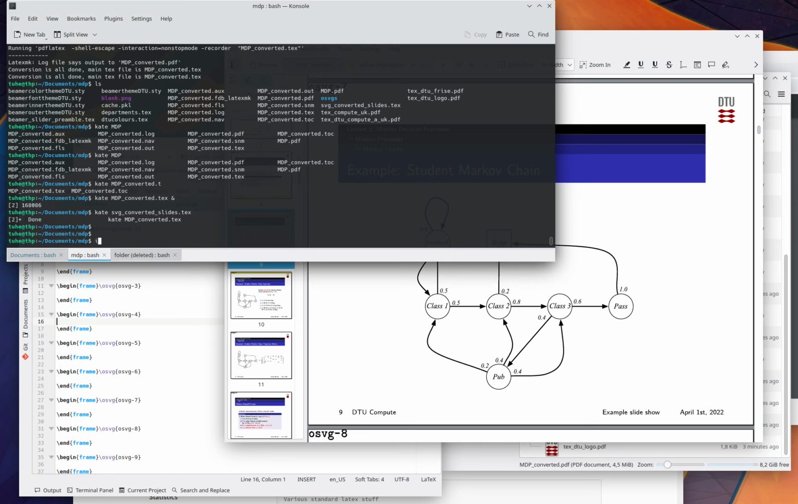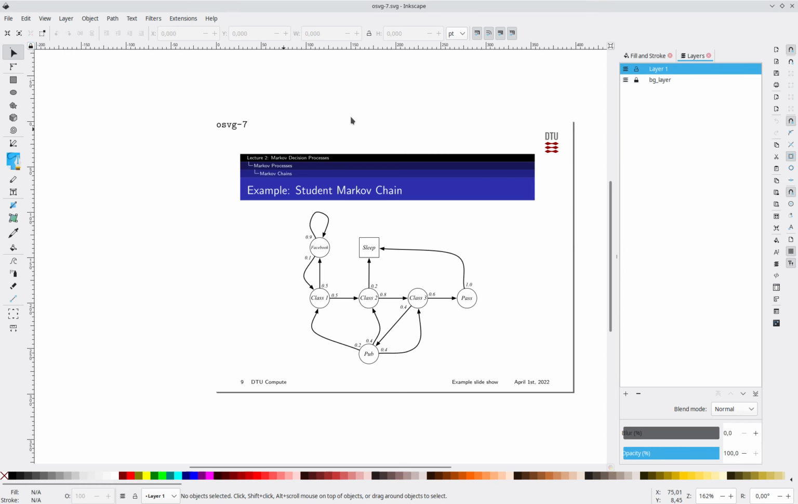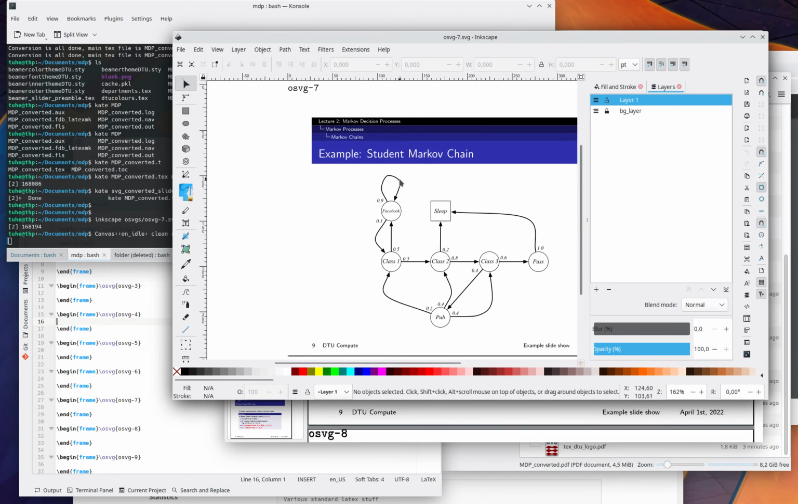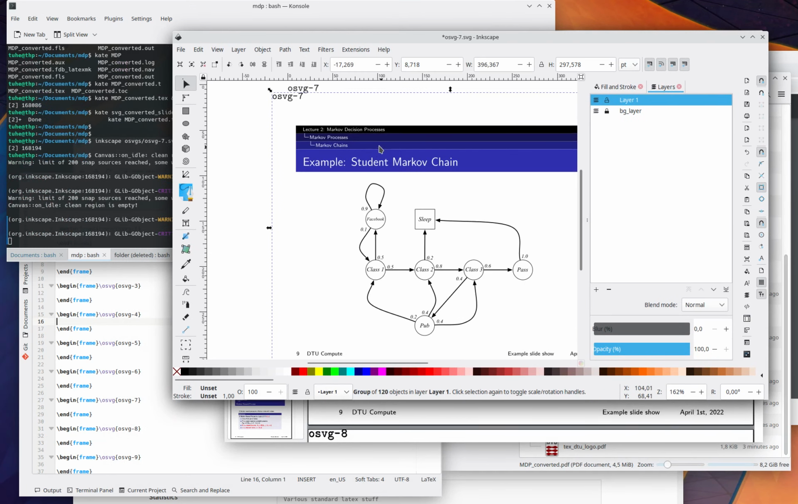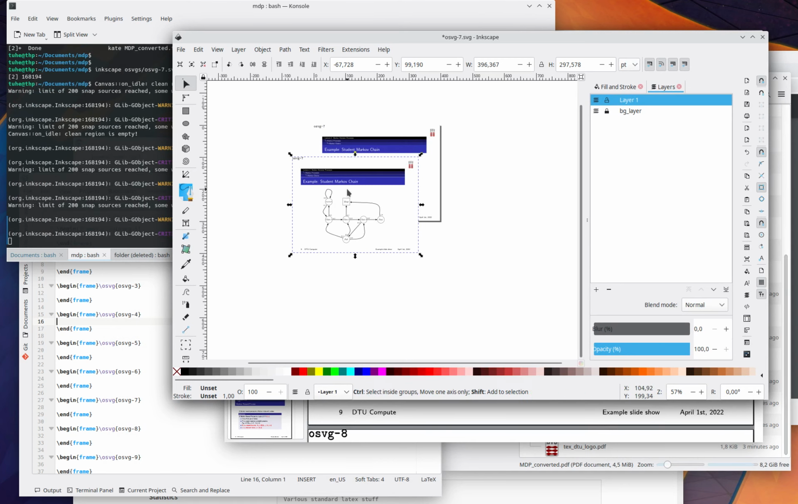So all I need to do is go in and open Inkscape and open OSVG 7 like this. Then here we go. Now what you can see is that everything is contained in a foreground layer, and then we have the picture of the slide as before in the background. So I'm going to ungroup it, and then I'm going to remove the elements that I don't care about. I don't care about the background rectangle,